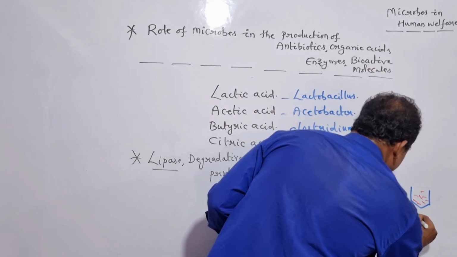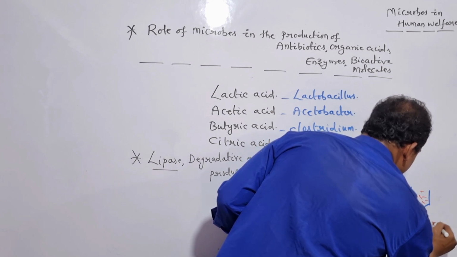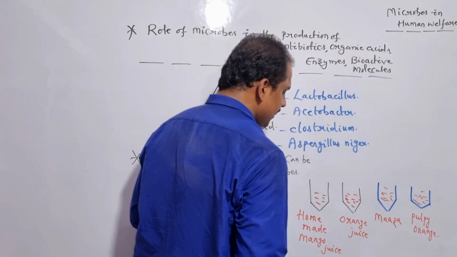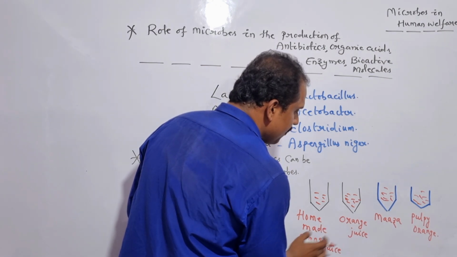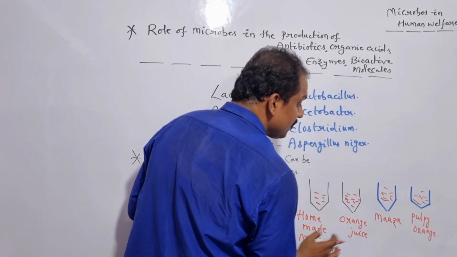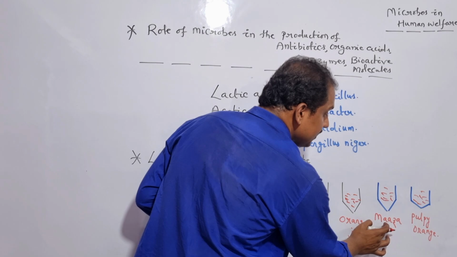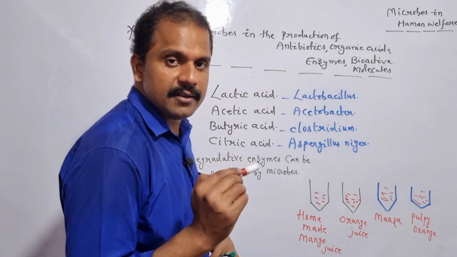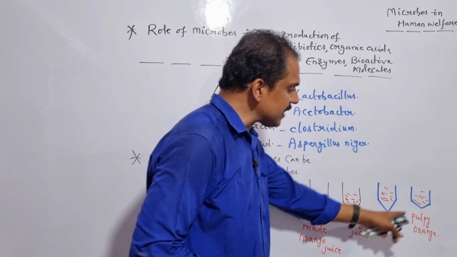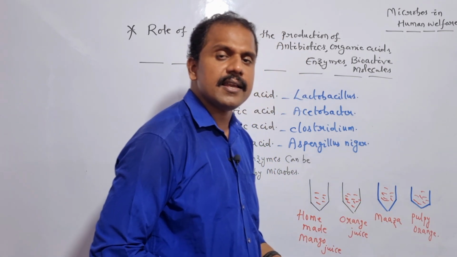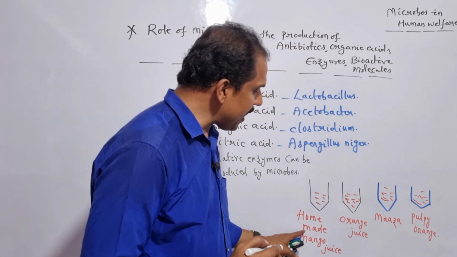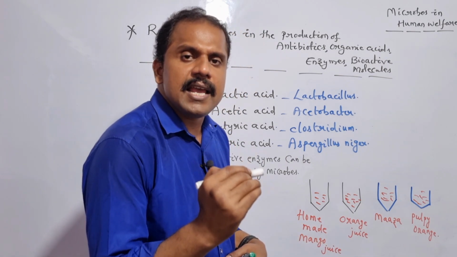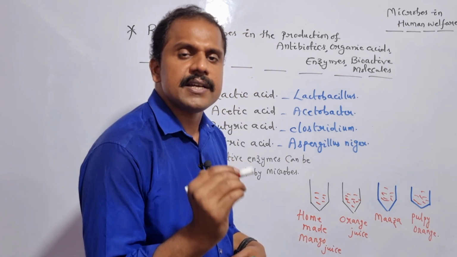Maaza and the other one is pulpy orange. So if we consider, in comparison with homemade mango juice and homemade orange juice, the commercially available Maaza and commercially available pulpy orange remain so clear. Why do Maaza and pulpy orange remain so clear in comparison with homemade mango juice and homemade orange juice? Because the commercially available drinks are successfully treated by taking the advantage of